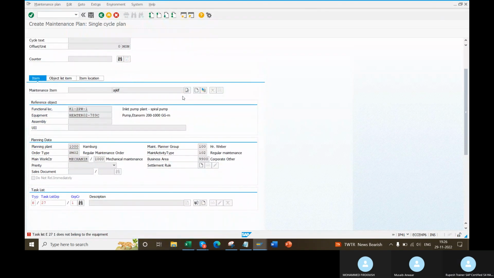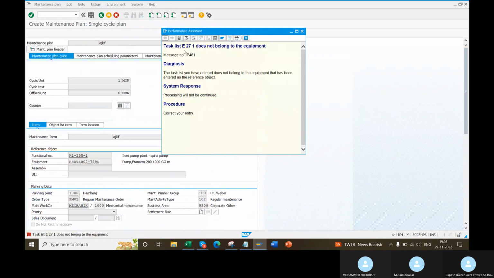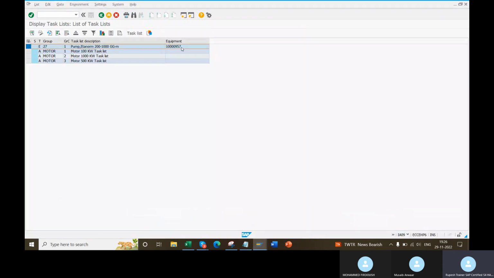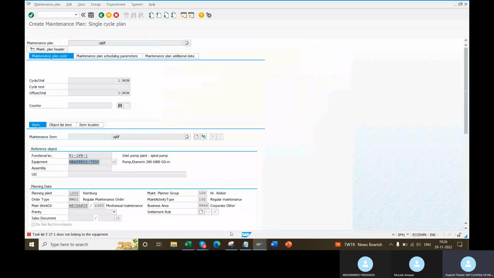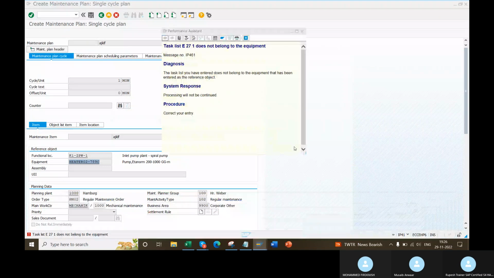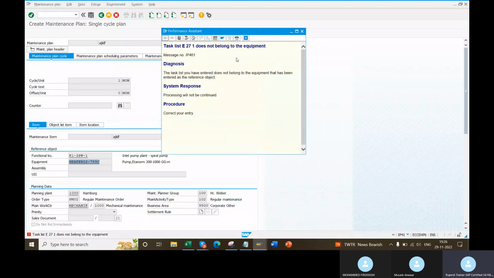Got it? This task list is created for this equipment number 957. Even if I try to use it for a different object, the system will throw an error. This is called equipment task list. The task list can be used for that equipment only.